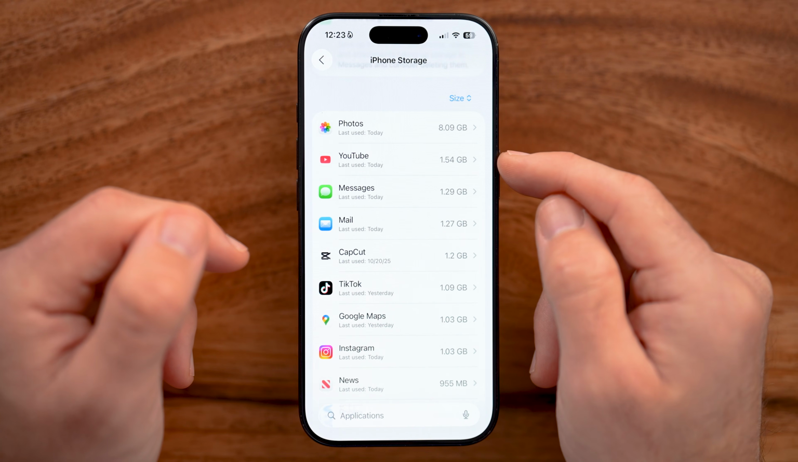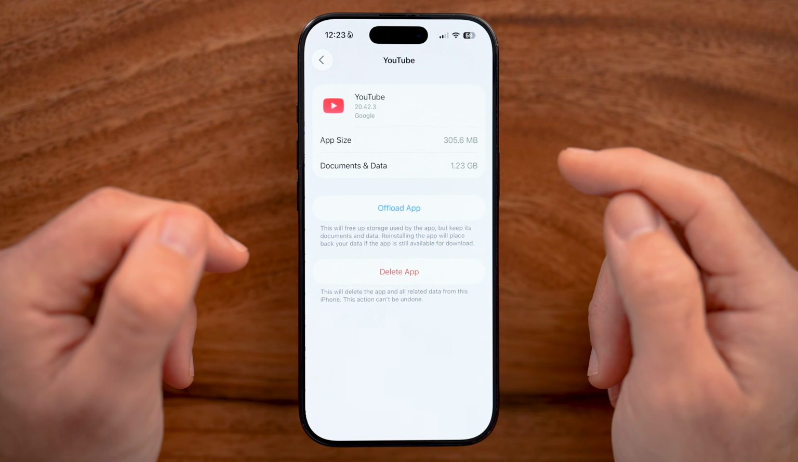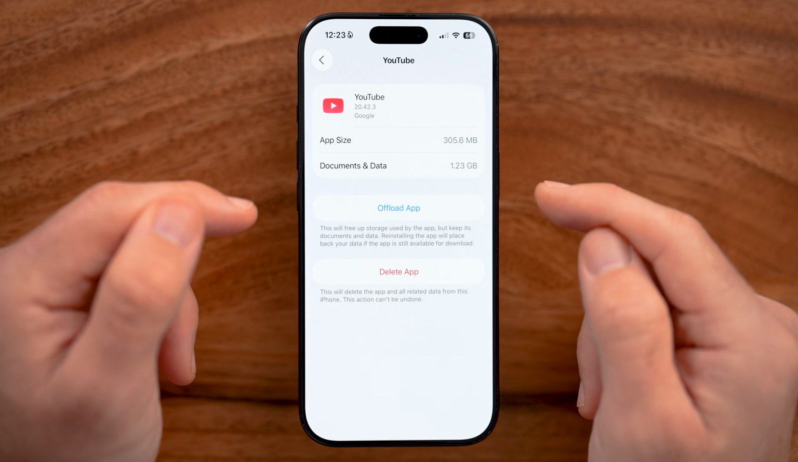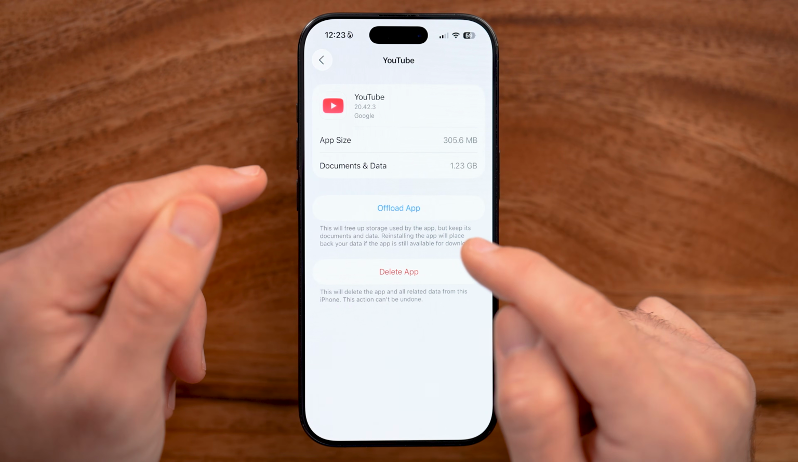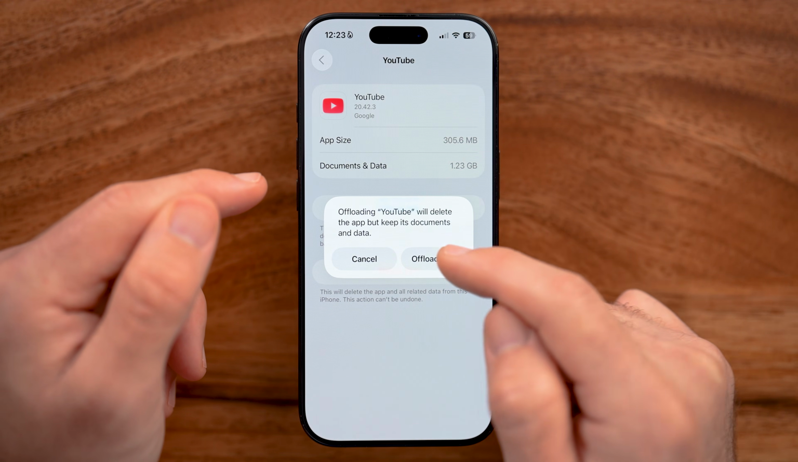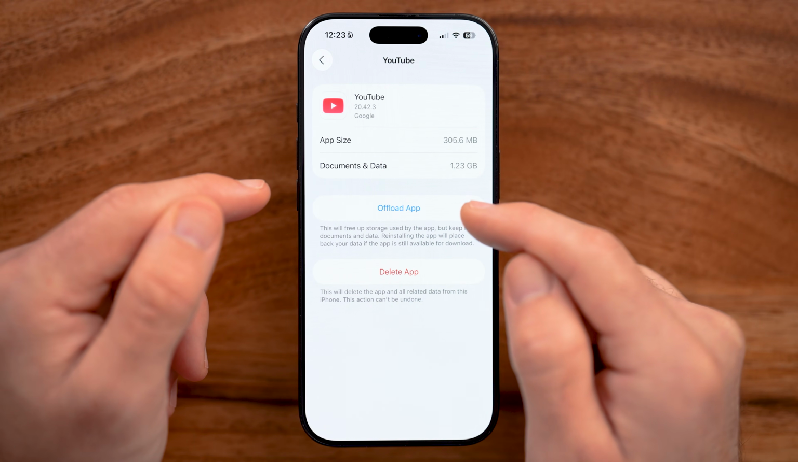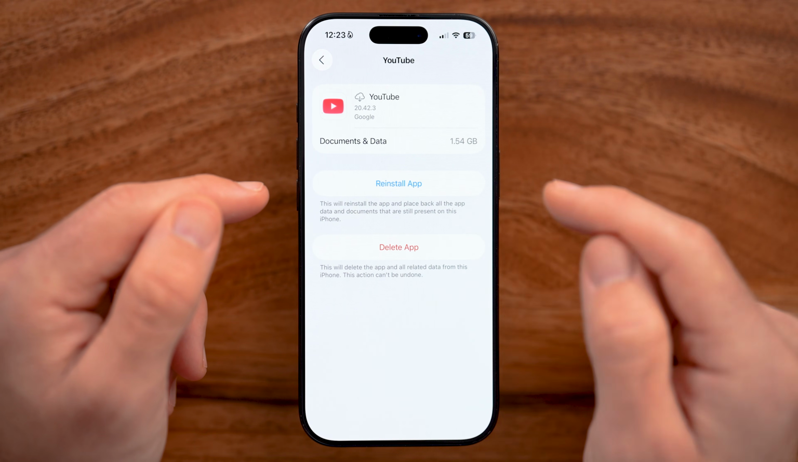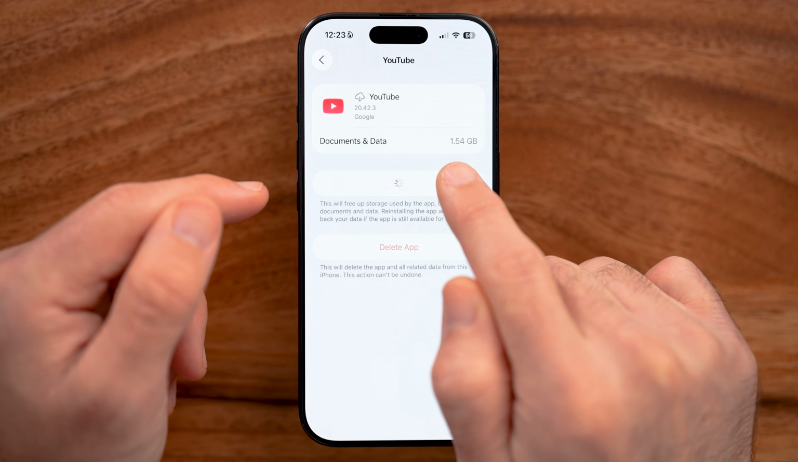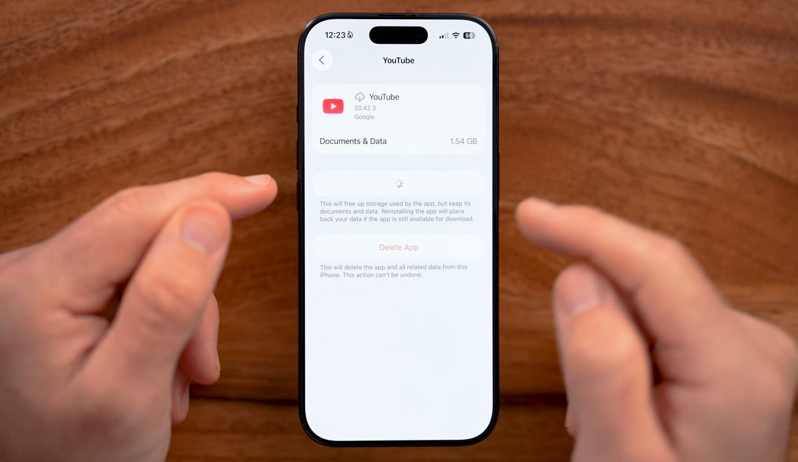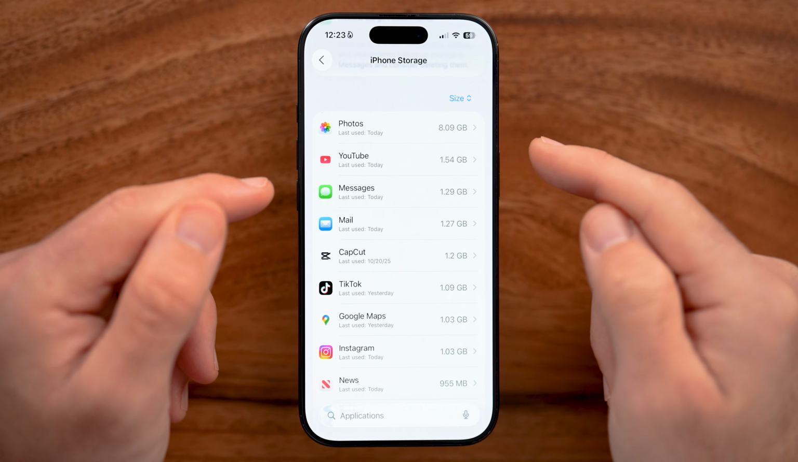You can see the first third-party app is YouTube, taking up 1.5 gigabytes. I can clear all of the app data and cache by offloading the app and reinstalling it. After I go through the process of reinstalling it, you'll be able to see that 1.5 gigabytes will decline significantly